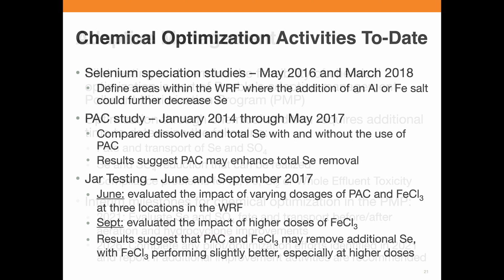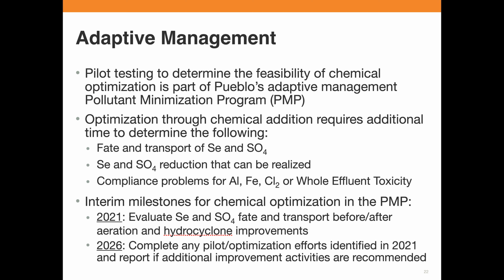So we're looking at those, and then the adaptive management plan is just looking through all of these different options that we just talked about, the fate and transport of selenium and sulfate. Can it be realized? How do we handle different problems with different metal salts that can cause problems with different tests that we do? And then also some milestones. In 2021, we did look at different fate and transport. And then also in 2026, we will be looking at different pilots,